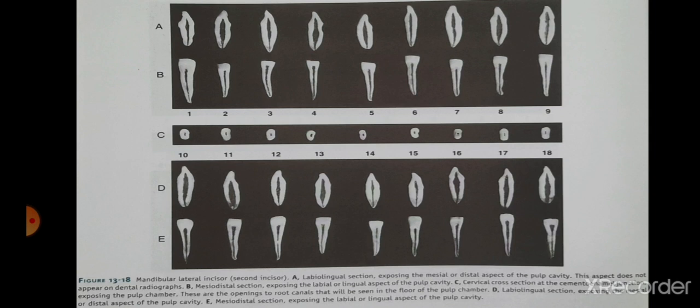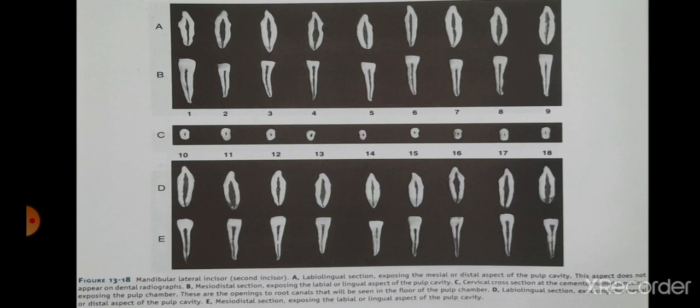The pulp horn is usually prominent. The pulp chamber may possess a dimension that is very large. You can see this in figure 13.18A 2, 4, 5, 8 and 9, D10, 11, 16, 17 and 18, or it may be intermediate in size. You can see this in figure 13.18A 1, 3, 6 and 7, D12, or it may be small. You can see this in figure 13.18, D14 and 15.